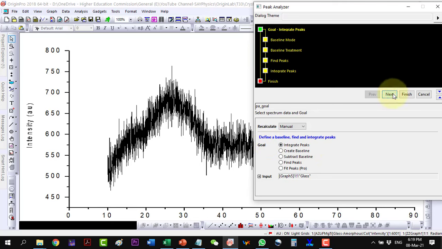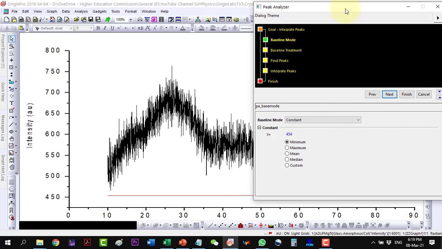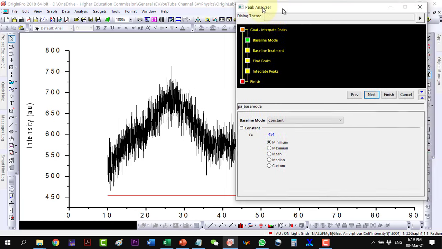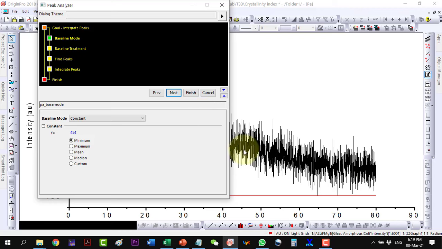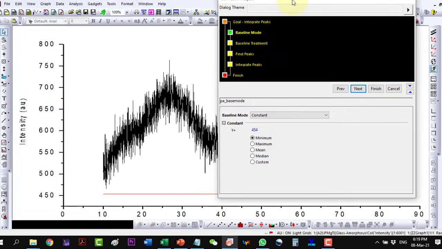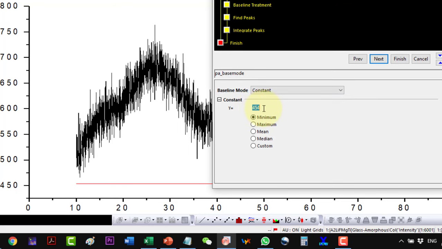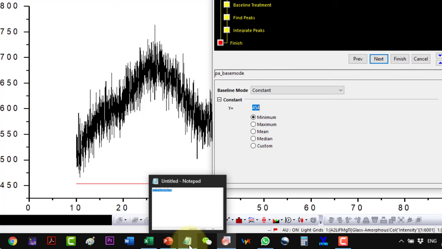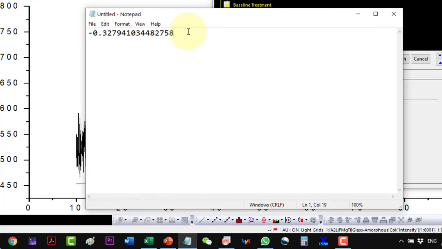So this is the baseline, and I can check here that it is at y equal 454, and we can see here that the baseline is right. We will have to remember this value, which we will have to use for the rest of the calculations as the constant baseline here.